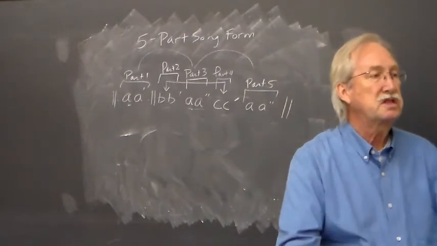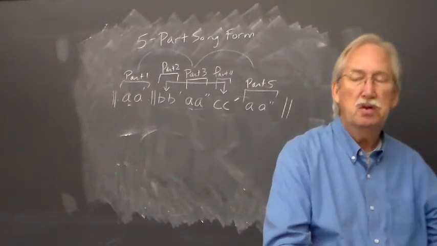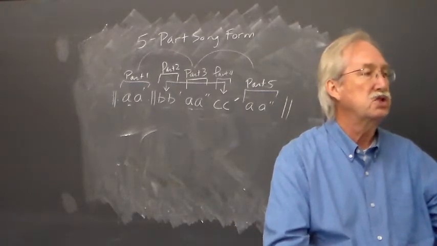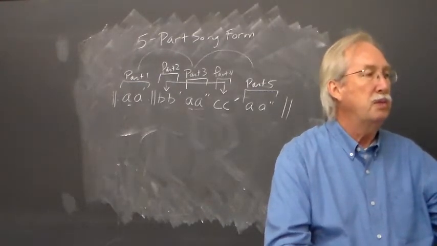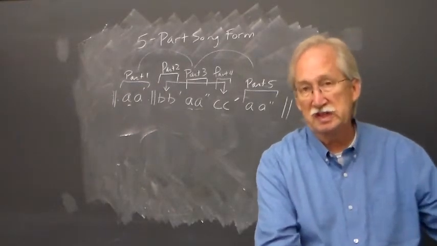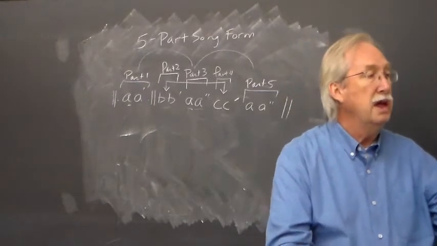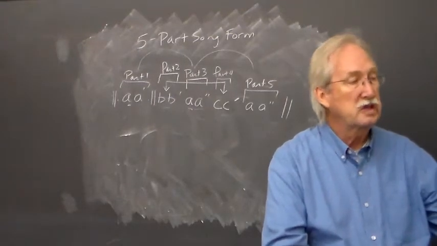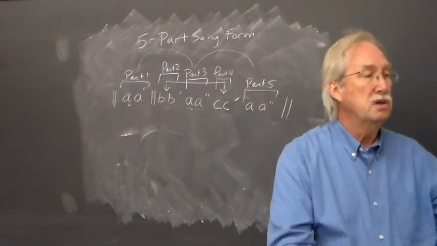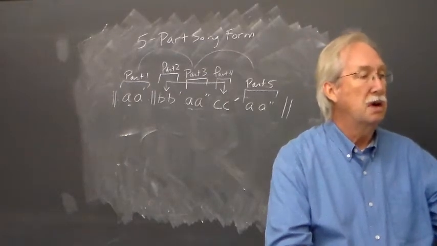So usually it's extending by 1 or 2 or 3 measures. In this case, it's a 2-measure extension. So that would be included in the first phrase. So the first phrase is going to be 6 measures long. And then the second phrase would start on the second measure of the second line. So with that in mind,